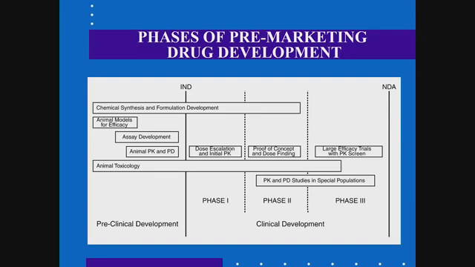And once a package of information is developed that indicates that the candidate drug may in fact be promising, an investigational new drug application, the IND, is filed with the Food and Drug Administration or other regulatory agencies,